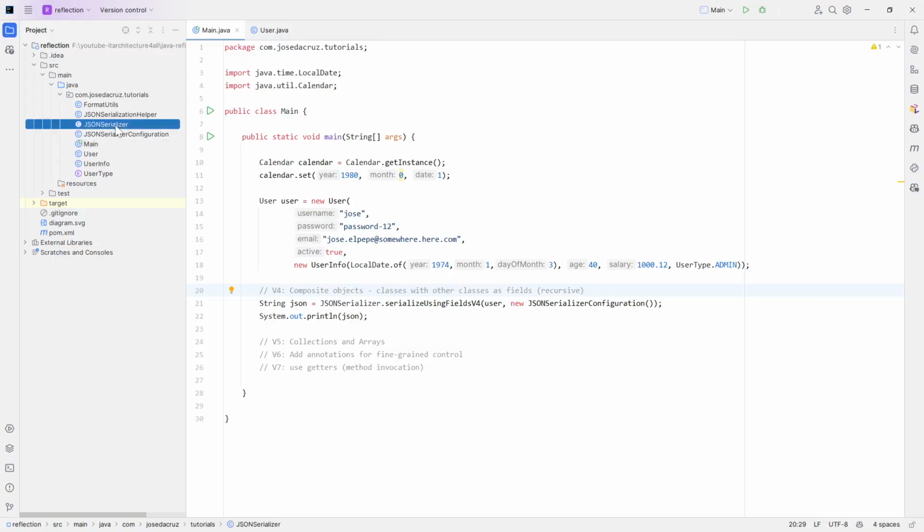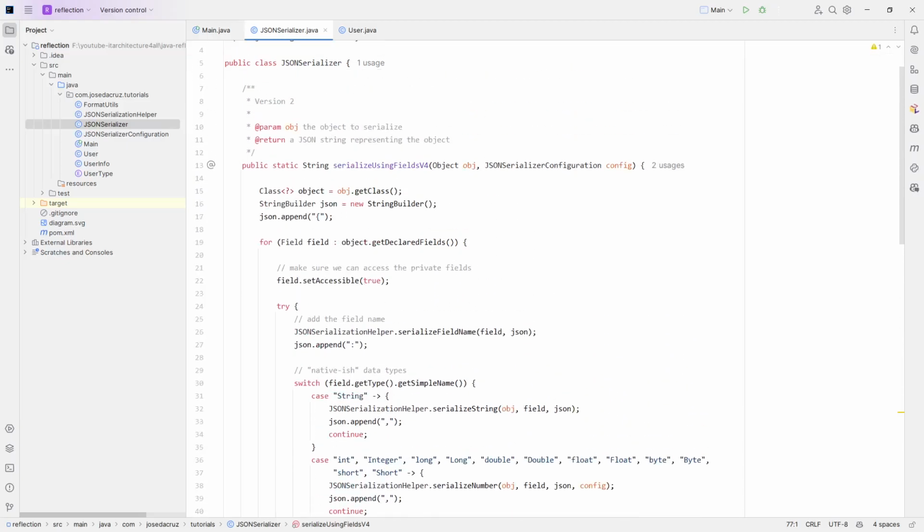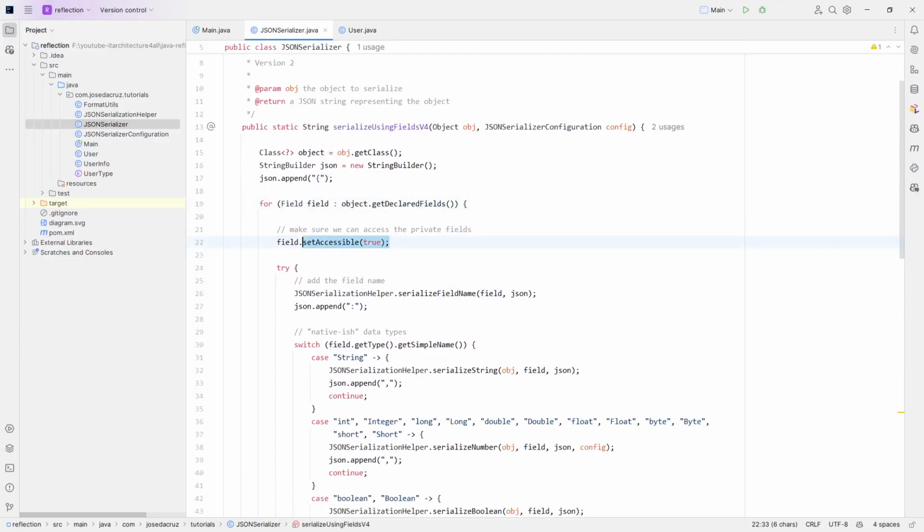I can show you if you didn't see them. It's something like this. So we receive an object here in the parameter, and some configuration if you want to format, for instance, the date or a float or a double of a specific field. But here, what this serializer does is just go through each one of the fields and make them accessible